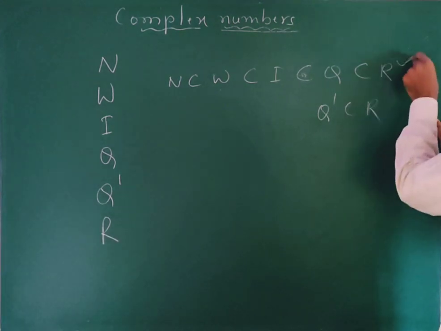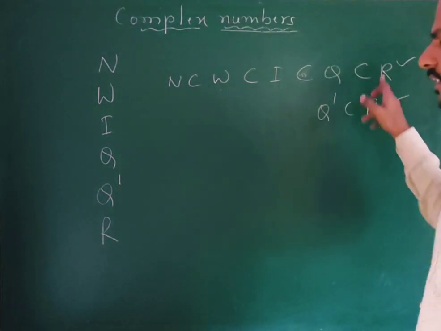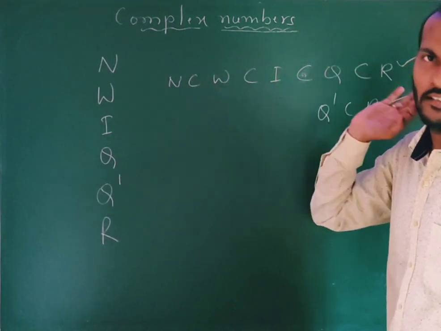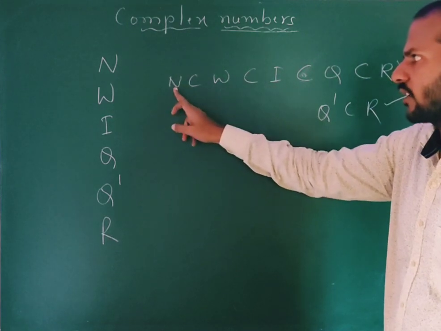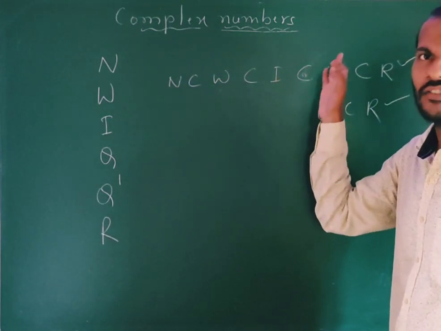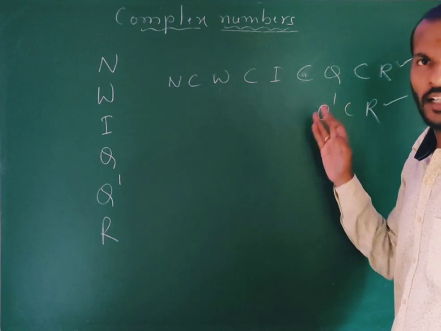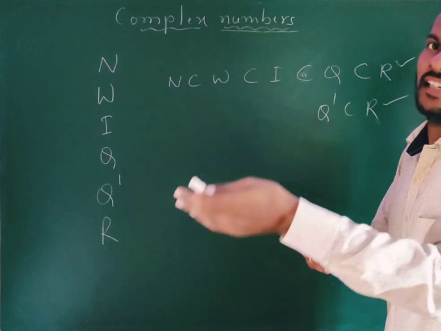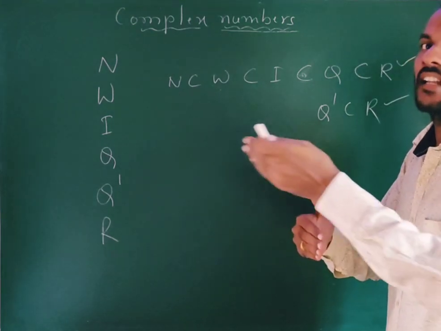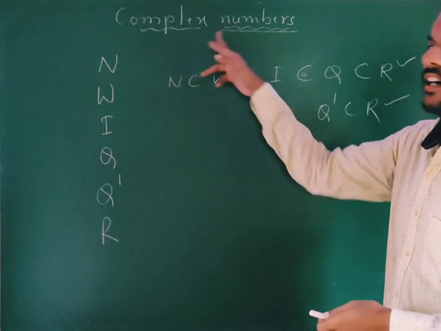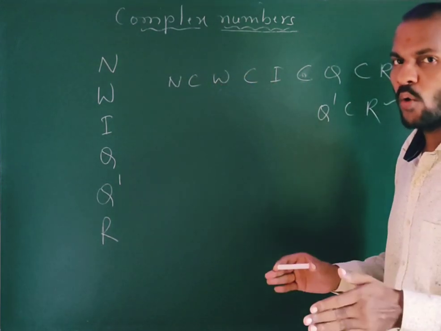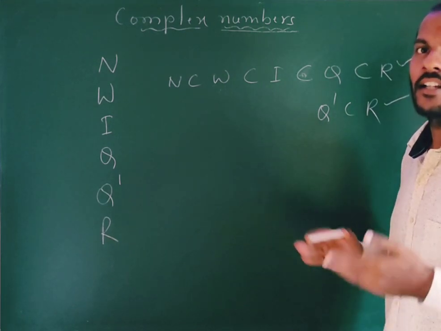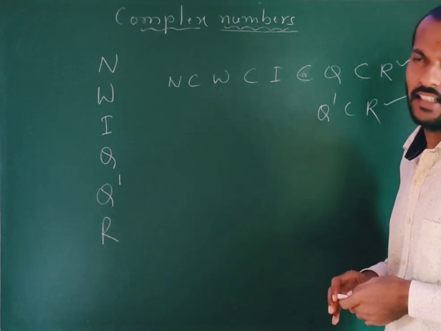Up to real numbers only we know. Real number is nothing but what? It's a universal set which includes all the numbers. The real numbers include natural numbers, whole numbers, integers, rational, irrational, prime numbers, everything. Beyond that, after the real numbers, we have complex numbers. How complex numbers arise, let's see by using an example, right?